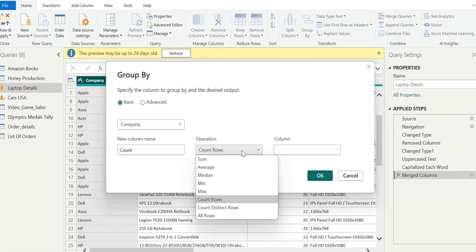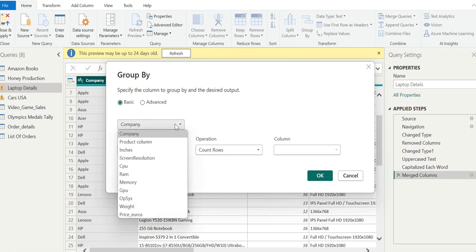See, there are a number of operations available here. You can perform operations on an individual column, like sum. You can sum the values of any column. You can find the average, median, minimum and maximum value. You can even count distinct values for rows. But we want to perform Count Rows only here.